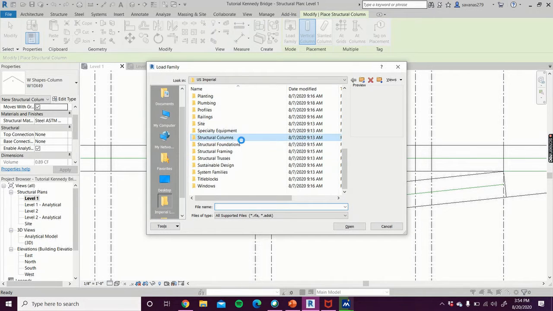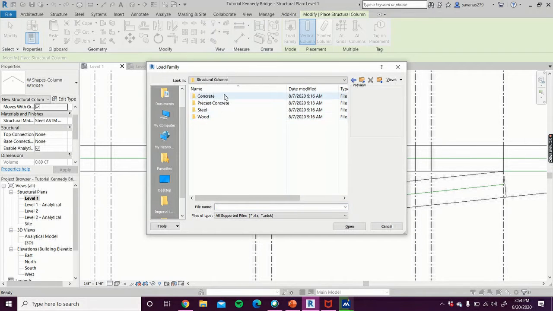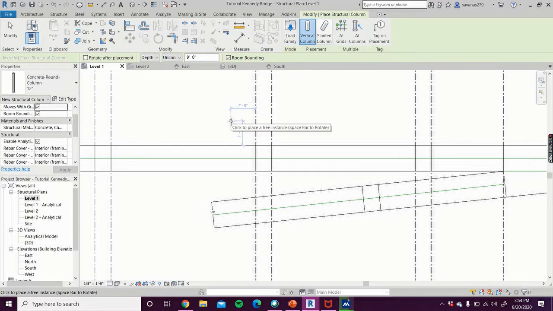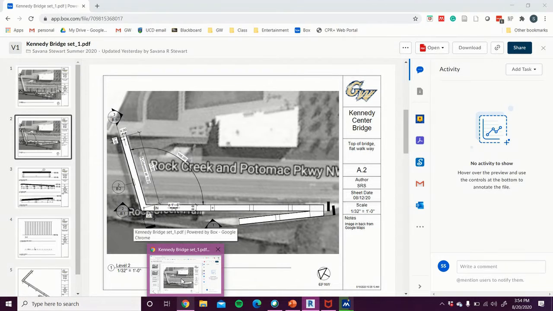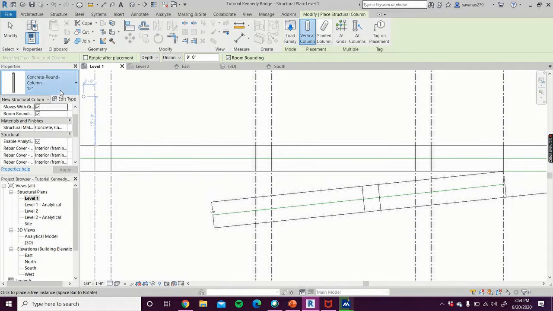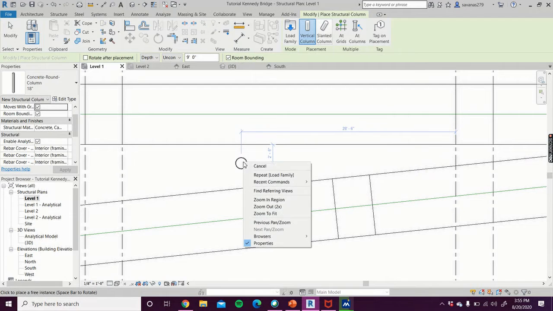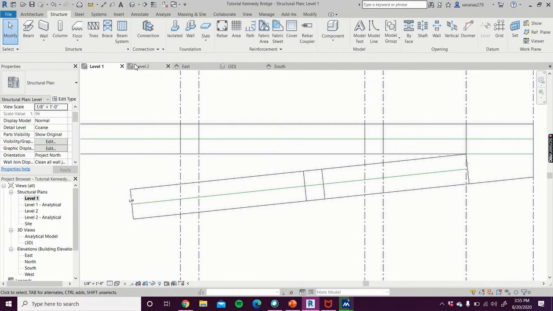So I'd go to Structural Columns, and I'm going to go to Concrete, Round Concrete, and I want a 12-inch column. I'm just checking. Oh, actually I have 18-inch columns. So I could go to Properties, click 18 inches. And I would place that there, but just to make sure it's centered, what I'm actually going to do is